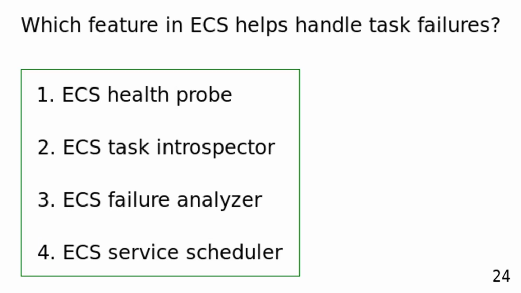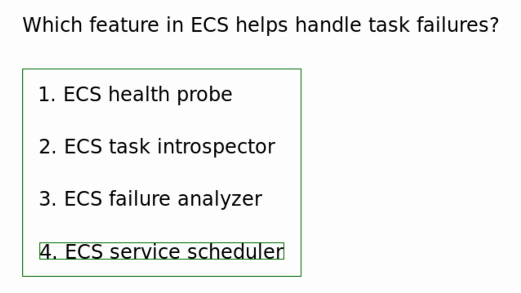Which feature in ECS helps handle task failures? ECS Health Probe, ECS Task Introspector, ECS Failure Analyzer, ECS Service Scheduler. The ECS Service Scheduler ensures that if a task fails, it is stopped and a new one is started to